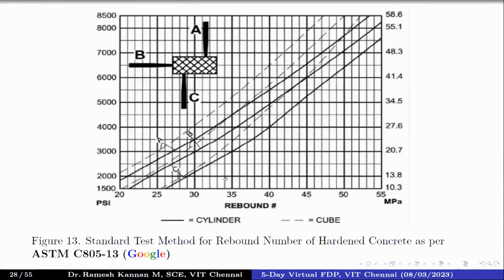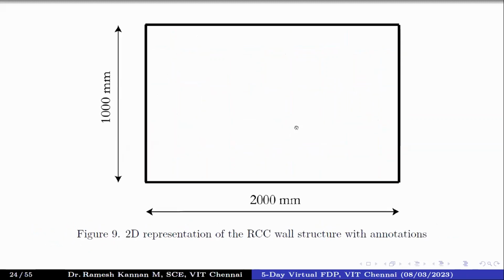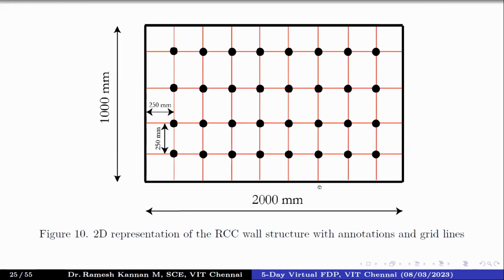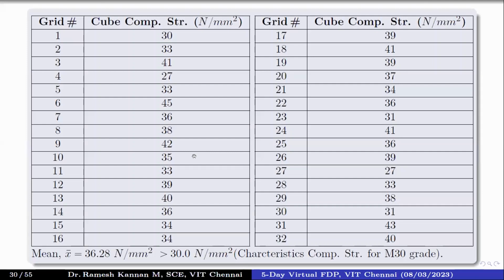And remember that this is for M30 grade concrete. For M30, if you have an average of 36.28, it's probably one of the good things that you can appreciate. Your concrete is really good enough to withstand. But this is just a single trial. You have to take multiple trials to understand the true compressive strength value, or something closer to the actual. But by seeing this, we might think that it's okay.